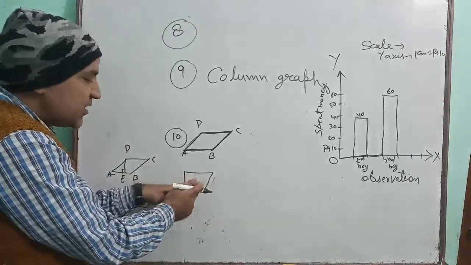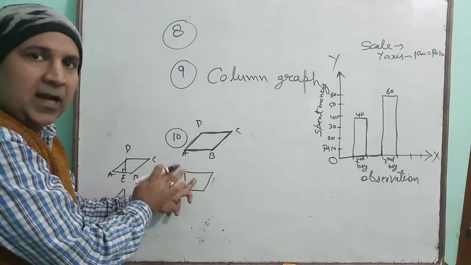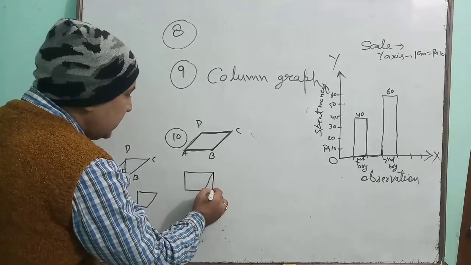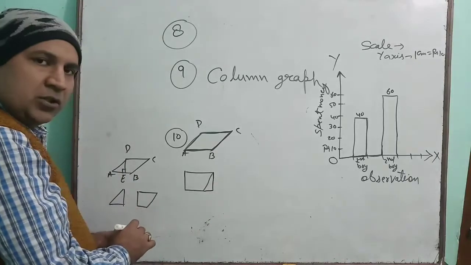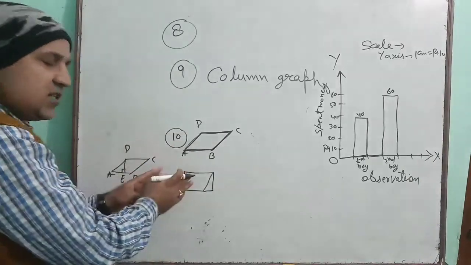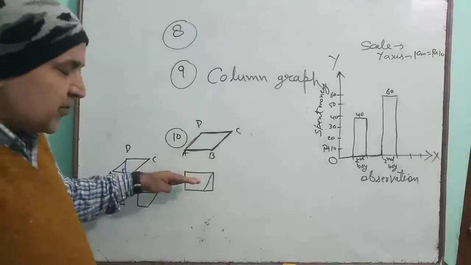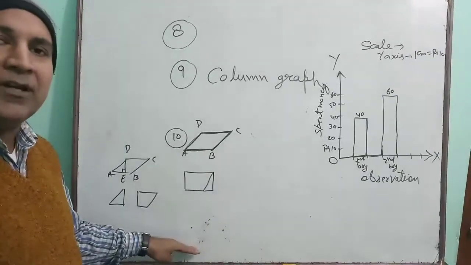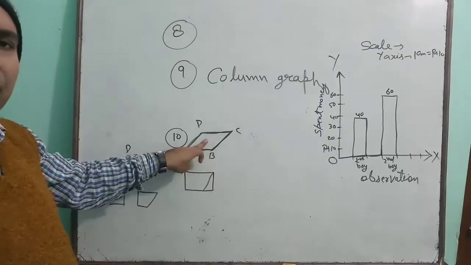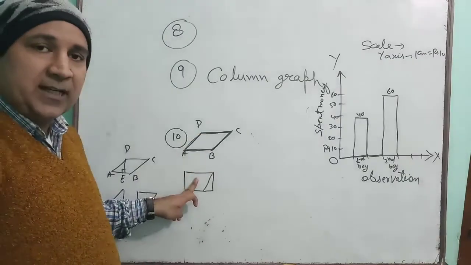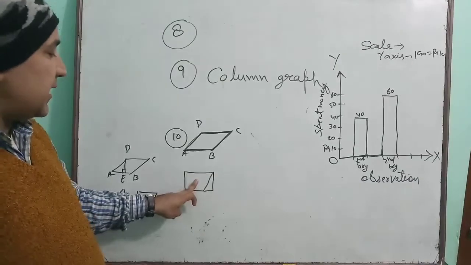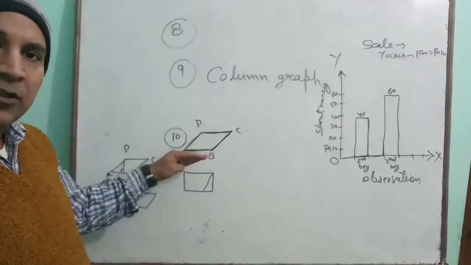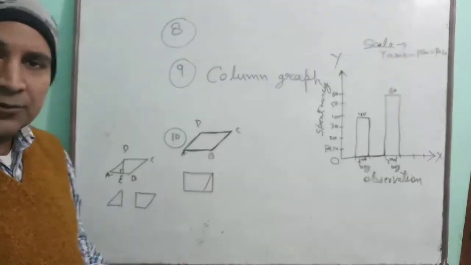The first piece is pasted with the help of Fevicol or glue. The second piece you will also paste here, so it will look like this. Understood, everybody? So this is the activity, and after that, whatever material is written in the question, you will write here. Because the area of the parallelogram will be equal to the area of the rectangle, because the rectangle is made from the parallelogram. So this is an activity which you will do and you will write also.